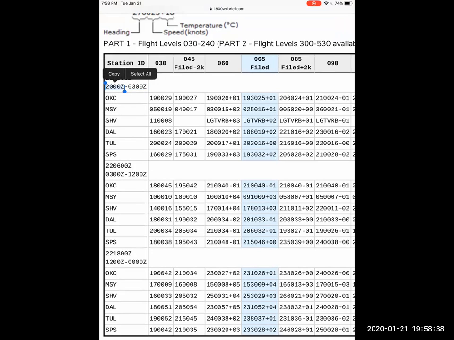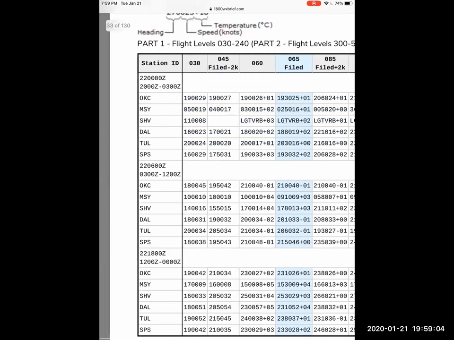Zulu, which would be, once again, -5 would be 3 p.m. local, or 1500 local, to 0300 Zulu, which would be about 10 p.m. local here, or 9 p.m. in the Central Standard Time area. And then it gives you a bunch of stations, Oklahoma down to the New Orleans area through Dallas, Tulsa,